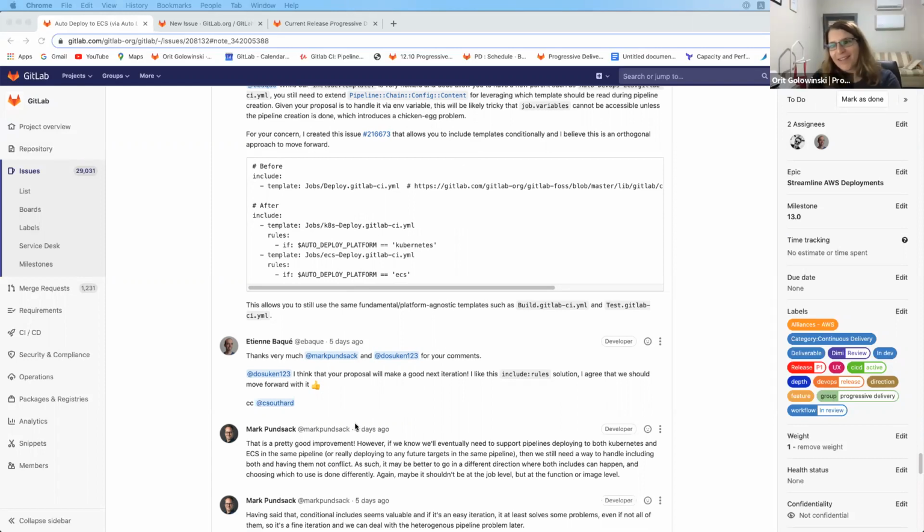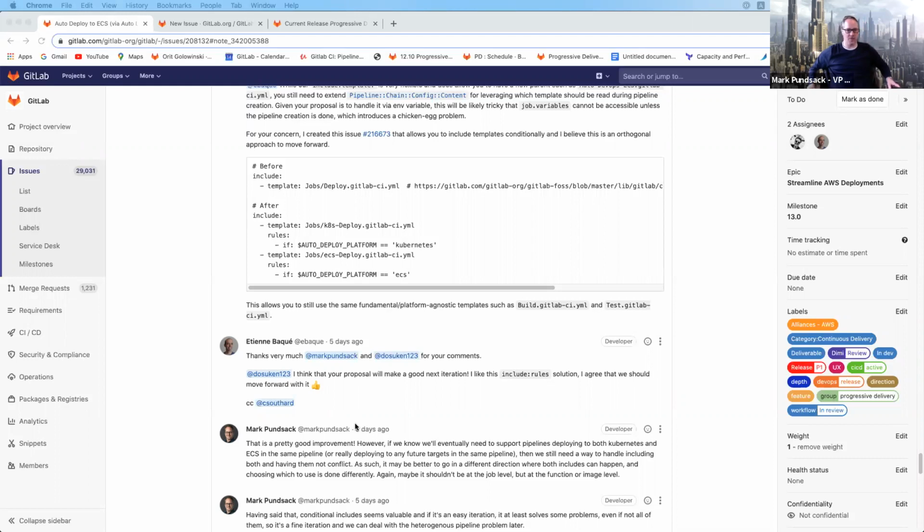I think the bigger challenge was simply, depending on how you define things, if changing the name of the job caused a problem, then that'd be a problem. But if I run it on Kubernetes and the pipeline just shows a deploy to Kubernetes, then so be it. And if I deploy to ECS, then it was a deploy to ECS. If staging was Kubernetes but production was ECS, and it was staging_Kubernetes and production_ECS, that's fine. I don't think that's a problem. So having the job names be different is okay, because I don't think you reference the job names in any other way,